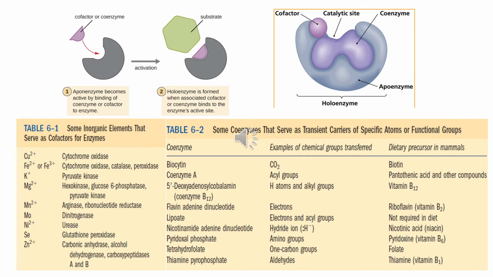Coenzymes act as transient carriers of specific functional groups. Most are derived from vitamins, organic nutrients required in small amounts in the diet. In the figure you can see the cofactors. The cofactor is the non-protein molecule which carries out chemical reactions that cannot be performed by the standard 20 amino acids. Cofactors are of two types: organic cofactors and inorganic cofactors. Inorganic cofactors are metal ions such as iron, magnesium, manganese, or zinc, while organic cofactors are complex organic or metallo-organic molecules.